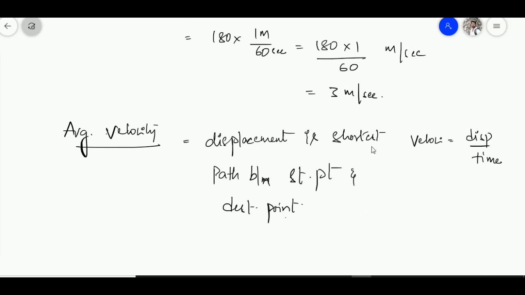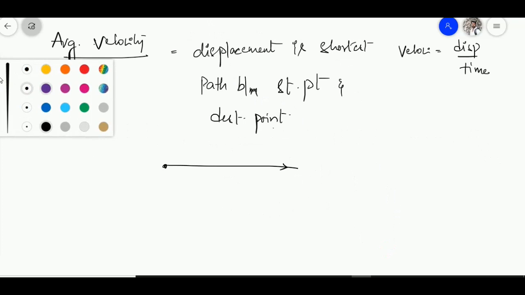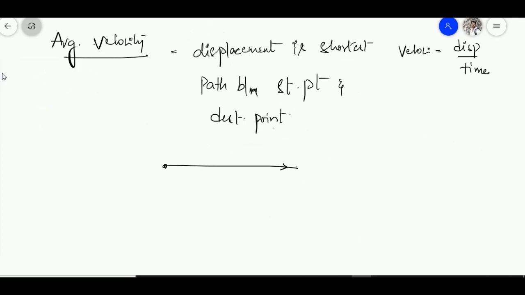But here she started from a point and she came back to the same point again. She started here, went somewhere in this direction, and on the way back came along the same path again, so it has to be overlapped. Just for your clarity, I have taken some distance between the first line and second line. So she came back in the same straight line path to the same point. Here the starting point and destination point are the same.